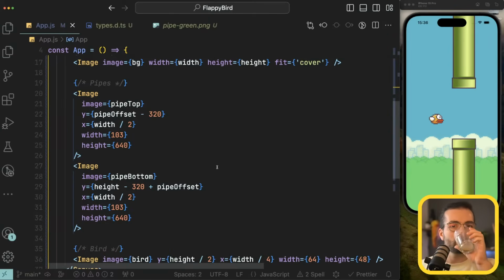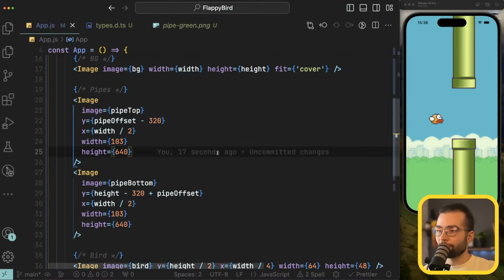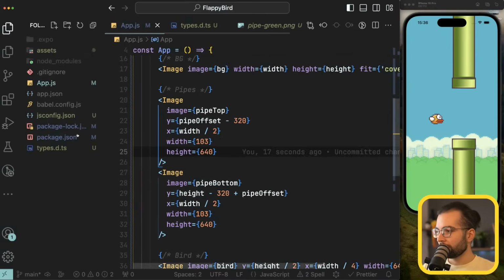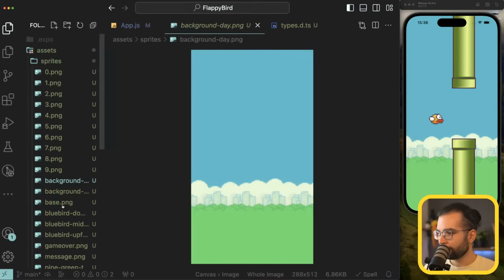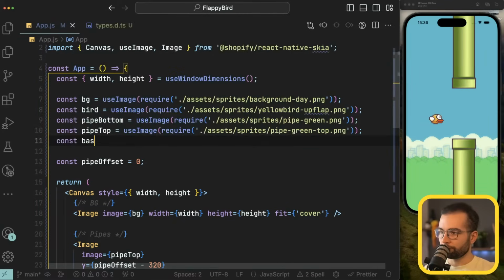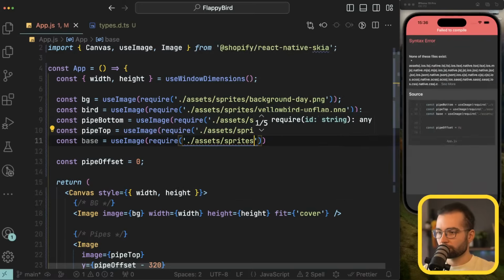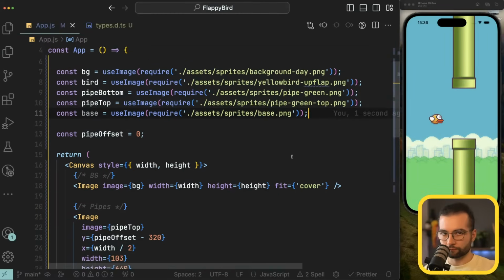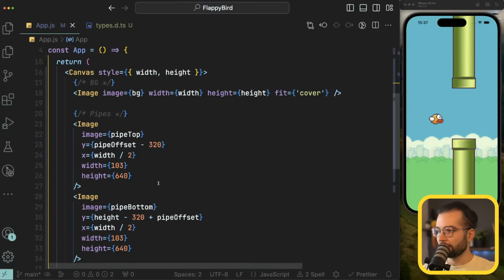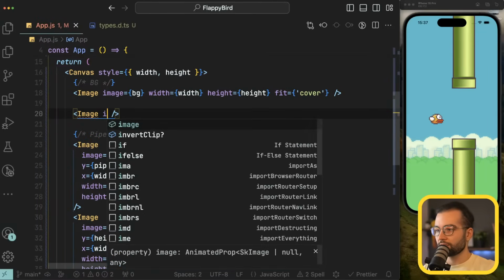Okay. All right, so we have pipes, we have a bird, the background. I think what we are actually missing is the ground. And if we look in the assets, in the sprites, I think they also have this base.png. Let's go ahead and finally render the base. Const base equal useImage, require assets sprites base.png. And let's go ahead and probably we'll see, because if we render it before, the pipes will be on top, I think. So image